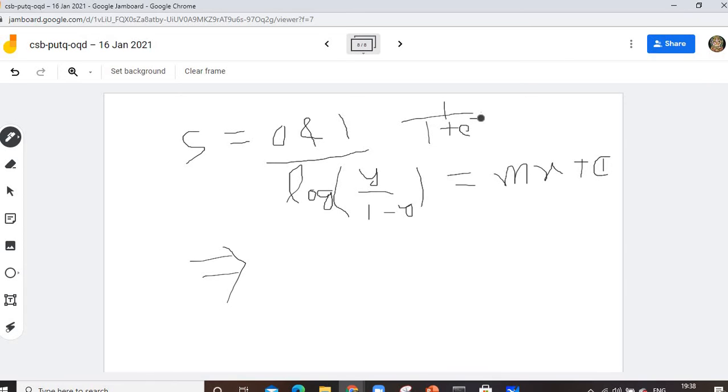Can anyone solve this? Those who have good math can solve this one. This function is equivalent to this one. Can anyone solve this problem? Just go to this equation, solve it line by line, you will get this one. कर लेंगे अंकल. कर लोगे ना? जी अंकल. ठीक है.